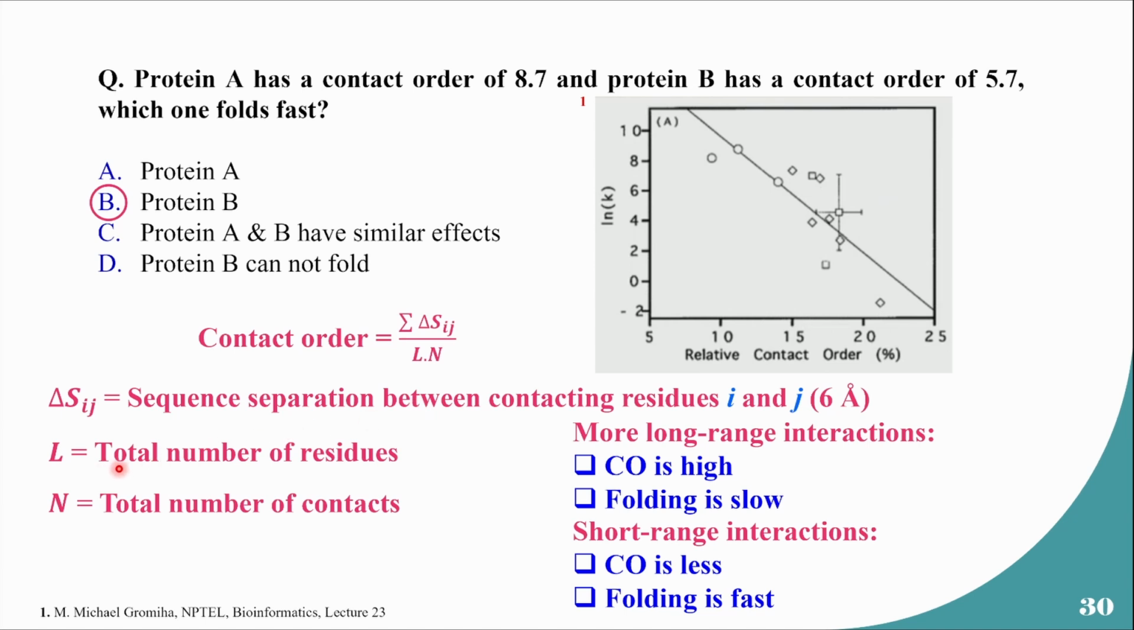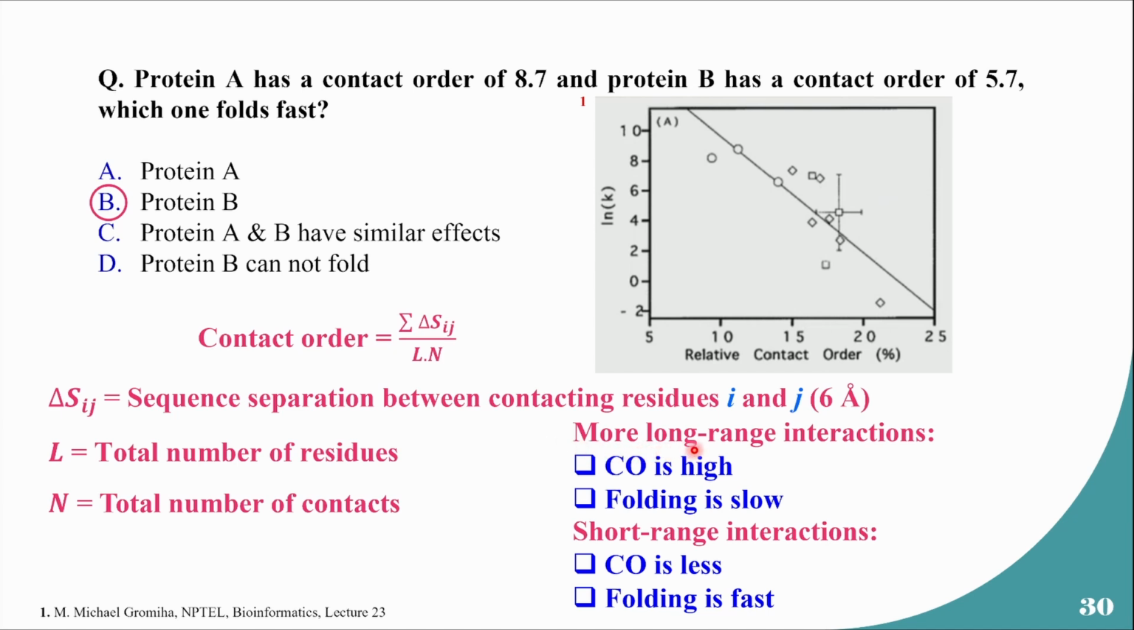So what is L? L is basically the total number of residues. N is basically the total number of contacts. So that will give you an idea of the contact order. And in this slide, which was introduced by Professor Michael Gromiha in his lectures, we'll see something called the relative contact order in percentage. Corresponding to that, the ln k, or the rate of folding, right? We will see this kind of negative slope here. So it basically indicates that